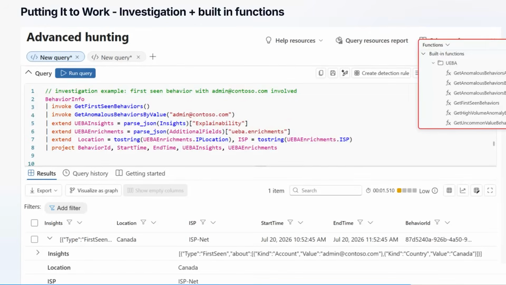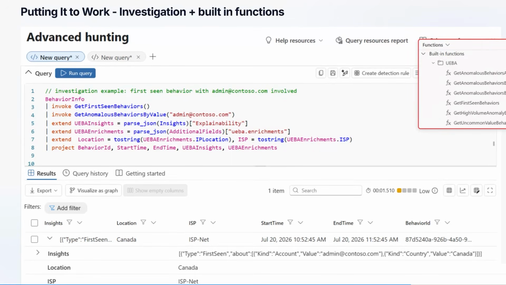The BehaviorInfo table contains both the UEBA behaviors and, if you have other Microsoft products, such as Microsoft Defender for Cloud behaviors, they're all there in the same table. So you don't have to worry about it. If you look in your Log Analytics, you will see a table called SentinelBehaviorInfo, which actually contains those logs. But to query them in advanced hunting, you don't need to know what I just said. You just query BehaviorInfo and BehaviorEntities. Perfect. Super clear. Understood.